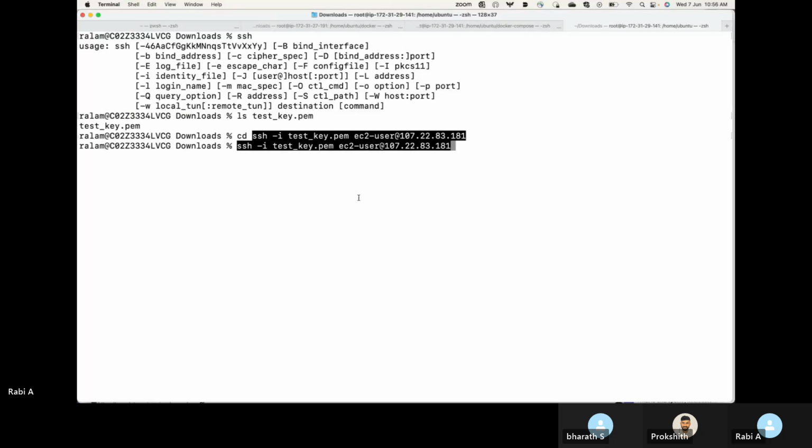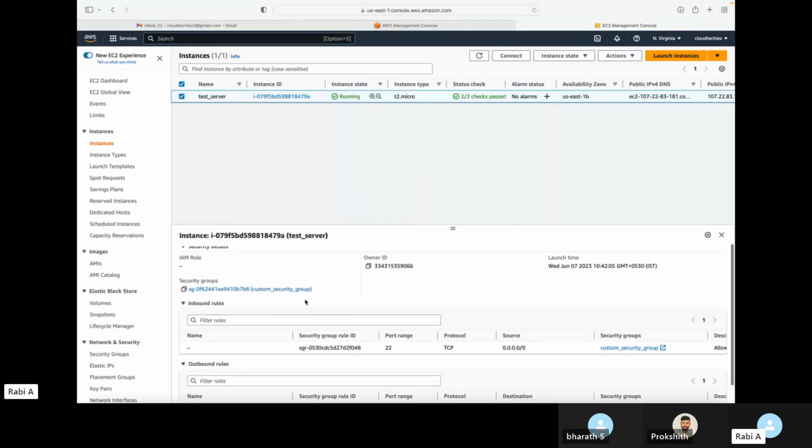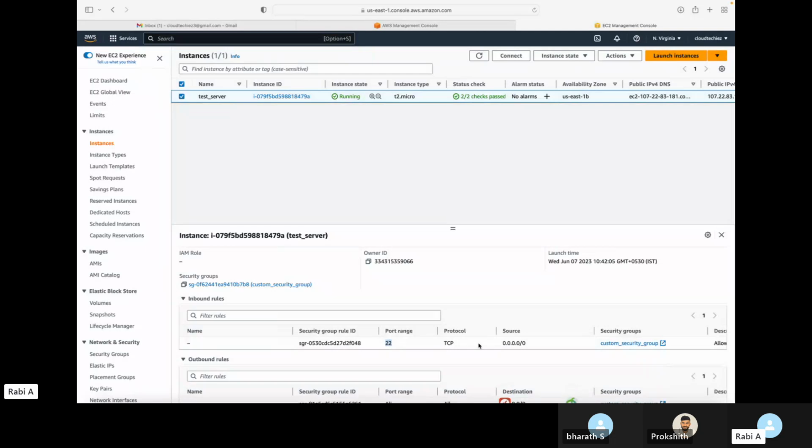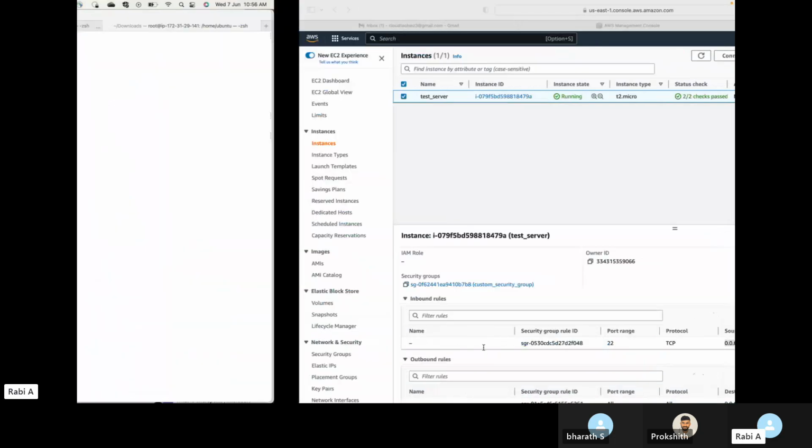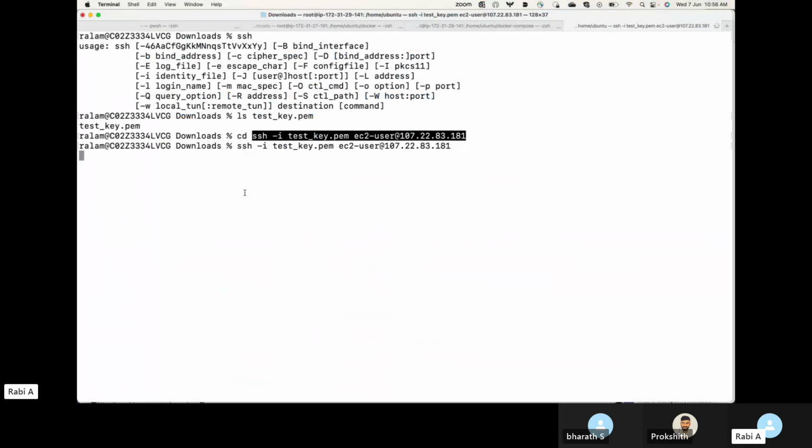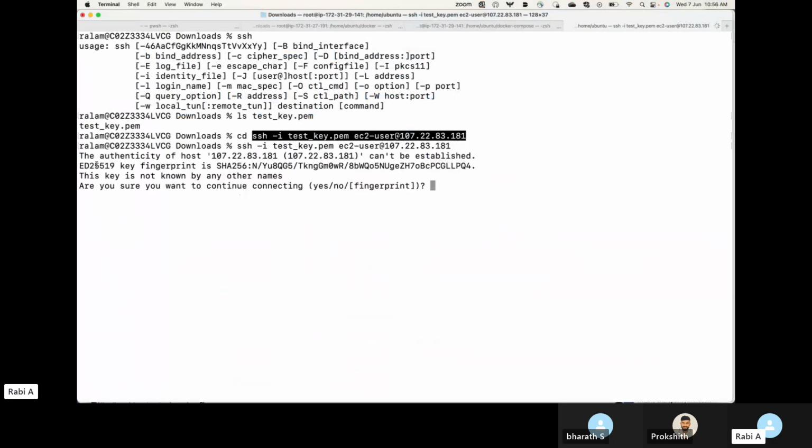Now, provided your firewall is set properly, that is, you have to allow at least SSH, and we are allowing it from anywhere. If this is configured properly, when you hit enter, it should prompt you with this. If you're connecting to the machine for the first time, it will ask, are you sure you want to connect? So we'll type in yes to confirm, and hit enter, and ideally it should connect to